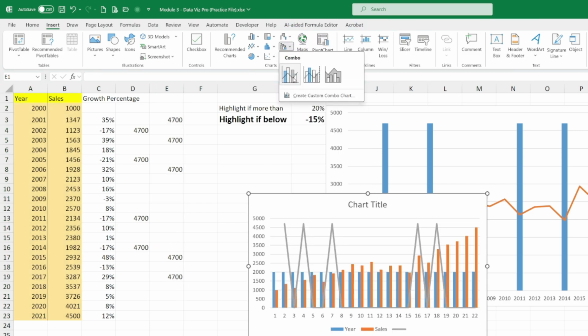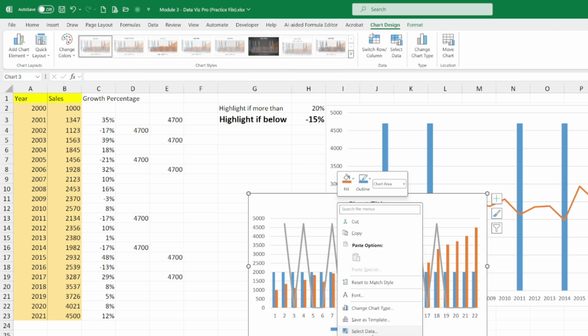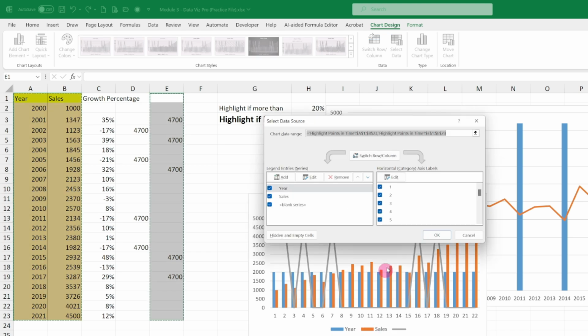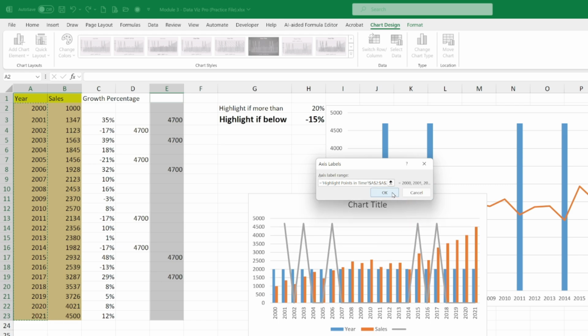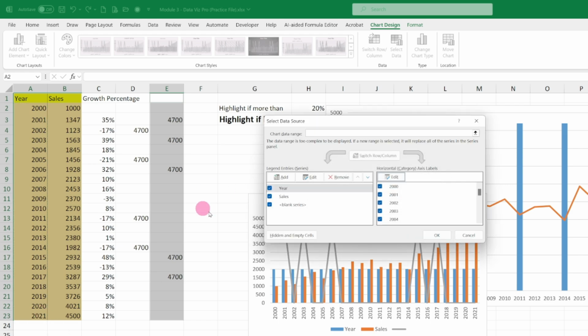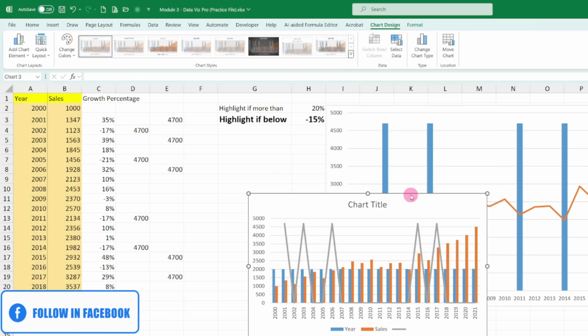Create a combo chart like this. All right, then we'll change the chart type, select data. This one we will change to this one. Now it's okay. Now change the chart type,